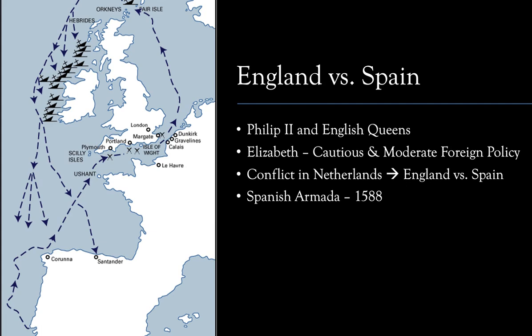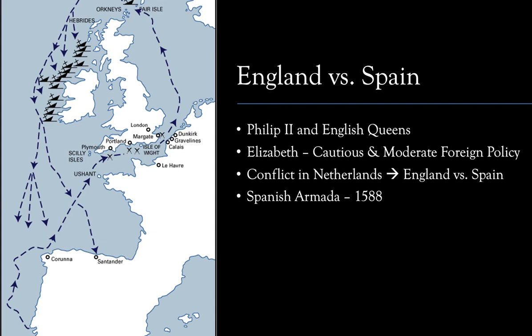And it turns out that the English ships were much smaller, they were much lighter and more maneuverable, and they were able to single out the larger Spanish ships, these big fat galleons, and slowly demolish them one by one. But there were still more Spanish ships than English ships, so this was really just kind of chipping away. And it wasn't guaranteed that the English would be able to defeat the Spanish this way. However,